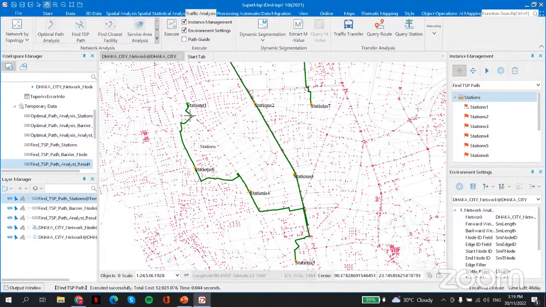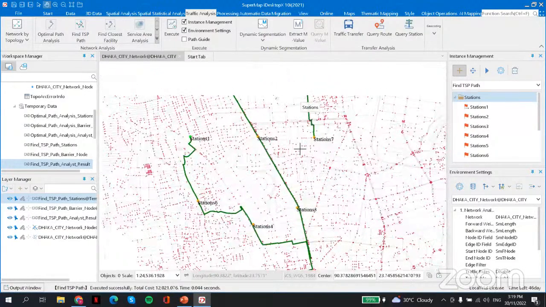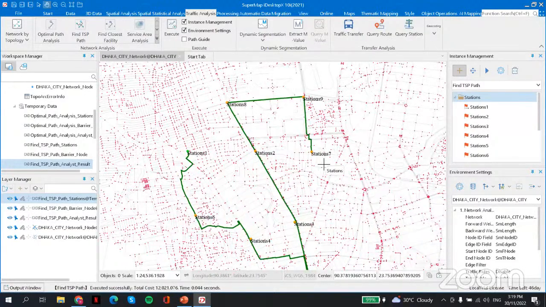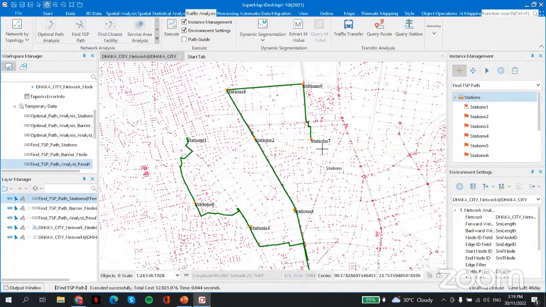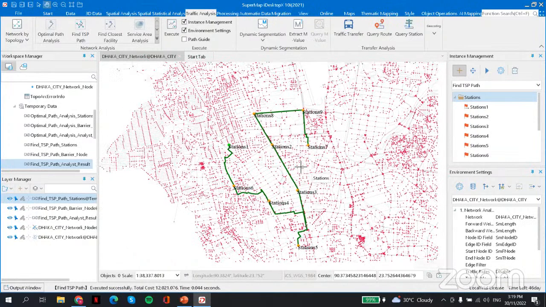So you can see from 1, 6, 4, 5, 3, and until station 7, which has the least route cost, least direction, and so on.